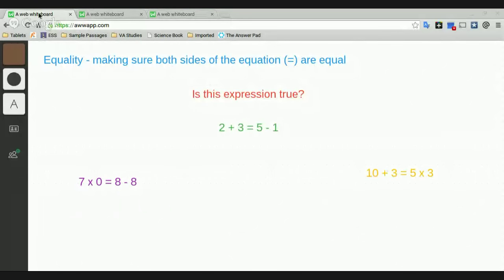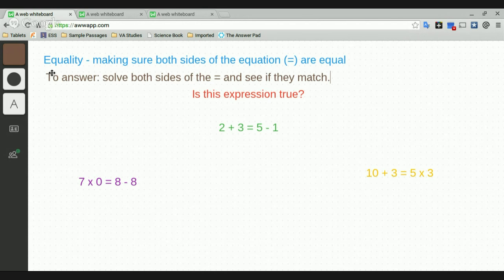All right. So, like I said, we're going to start learning about equality. And equality is simply just making sure that both sides of the equation are equal. So that's kind of the definition of equality. So if you need to pause it or write that down. Now, to solve equality equations, all you do is you just solve both sides of the equal sign and see